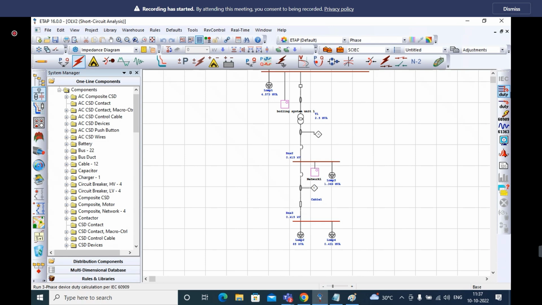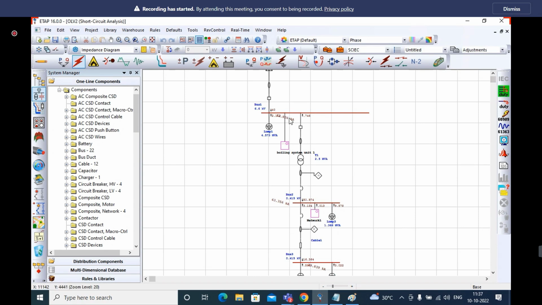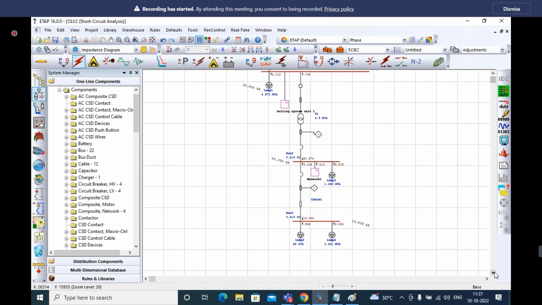Just see here, I'm going to run the short circuit analysis. So all the fault current is stored in each and every bus. Here 63.356 kiloamps, 42.826 kiloamps, 19.839 kiloamps.